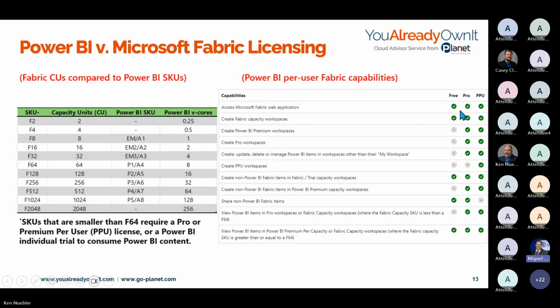What I'm looking at is the P SKUs. The A SKUs, by the way, and the embedded ones, are special types of Power BI. Then I show how many Power BI vCores that would map to. The one I would highlight, and Ken, if you could, take a look at F64. That's the SKU. This is where it's going to confuse people, because most people were looking at the P1 in the past, P1 Premium, right? Power BI Premium.